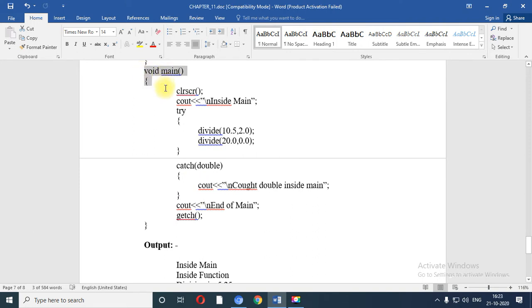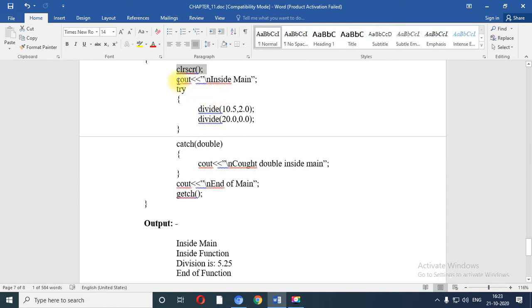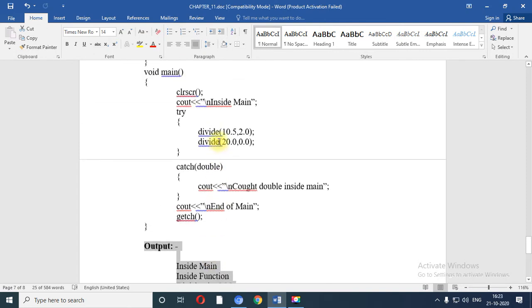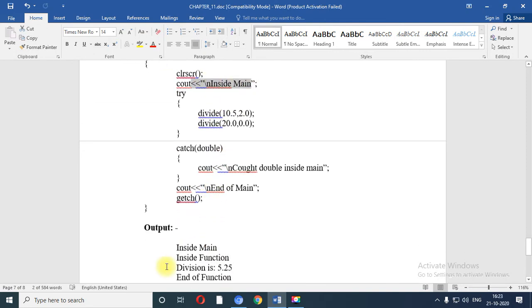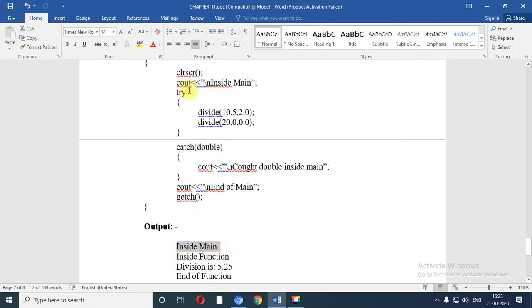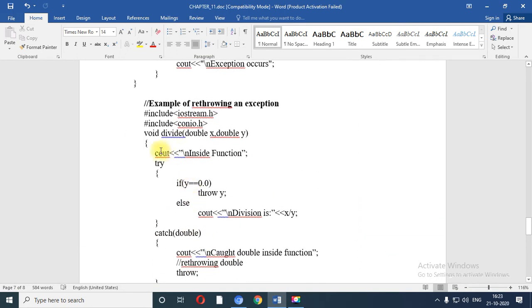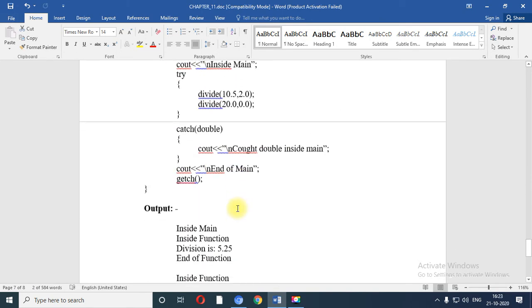First of all, execution will start from the void main, then it will clear the screen, then it will print. Over here I have given the output also, so it will print inside main. Now we are trying to divide the value 10 by 2.0, so it will go into the divide function and it will print inside function, and it will check the value of y.